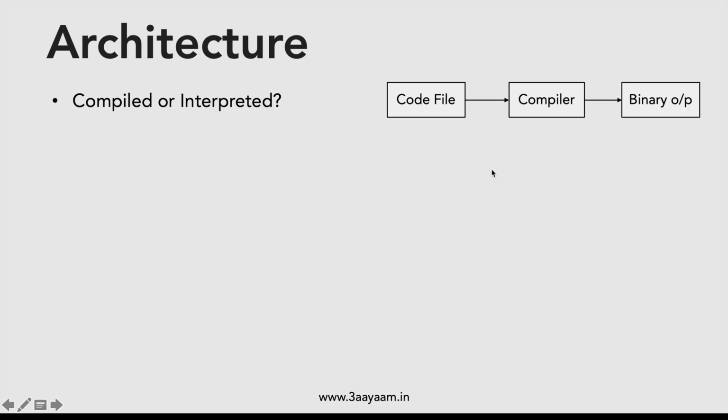So in a compiled language, you write the code in a file using some IDE and you pass it to the compiler. There would be a separate compiler installed in your machine, and the compiler would compile this particular code and generate a binary output, and this is the executable. Whenever you want to execute the program, you will use this executable file. So this binary output is the executable version of this code. But interpreted language is not like that. Interpreted language is a little bit different, and Python is an interpreted programming language.